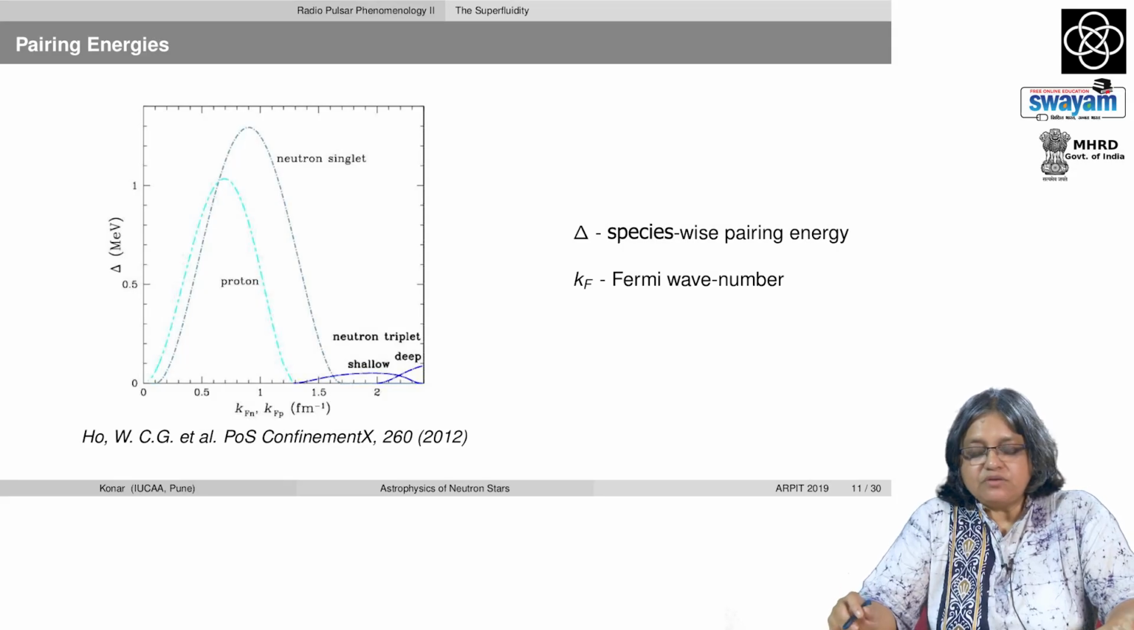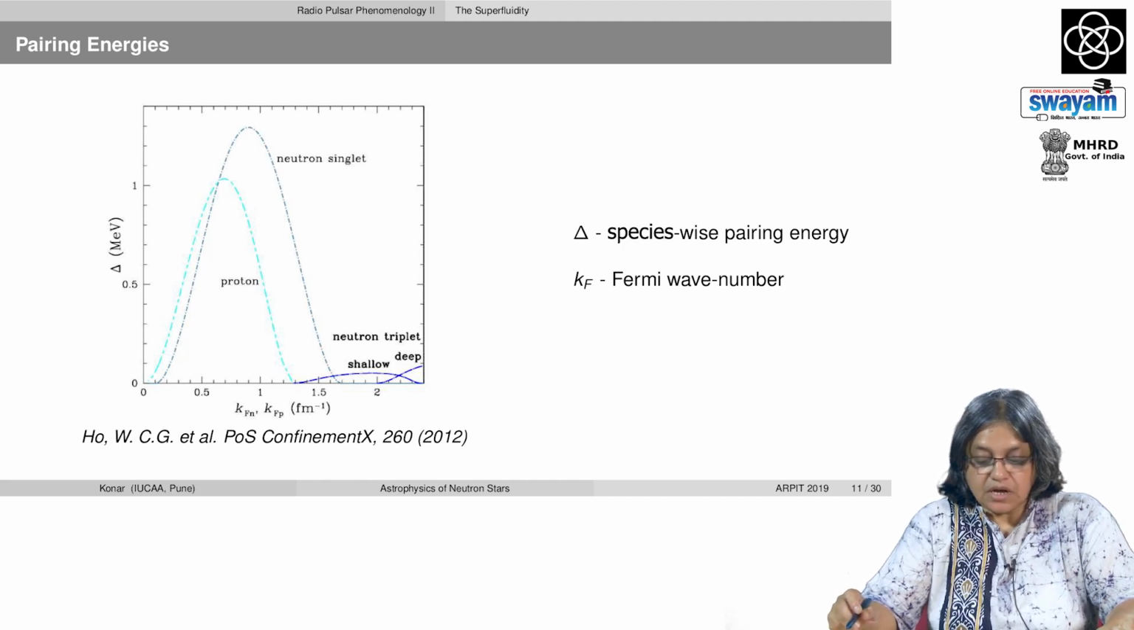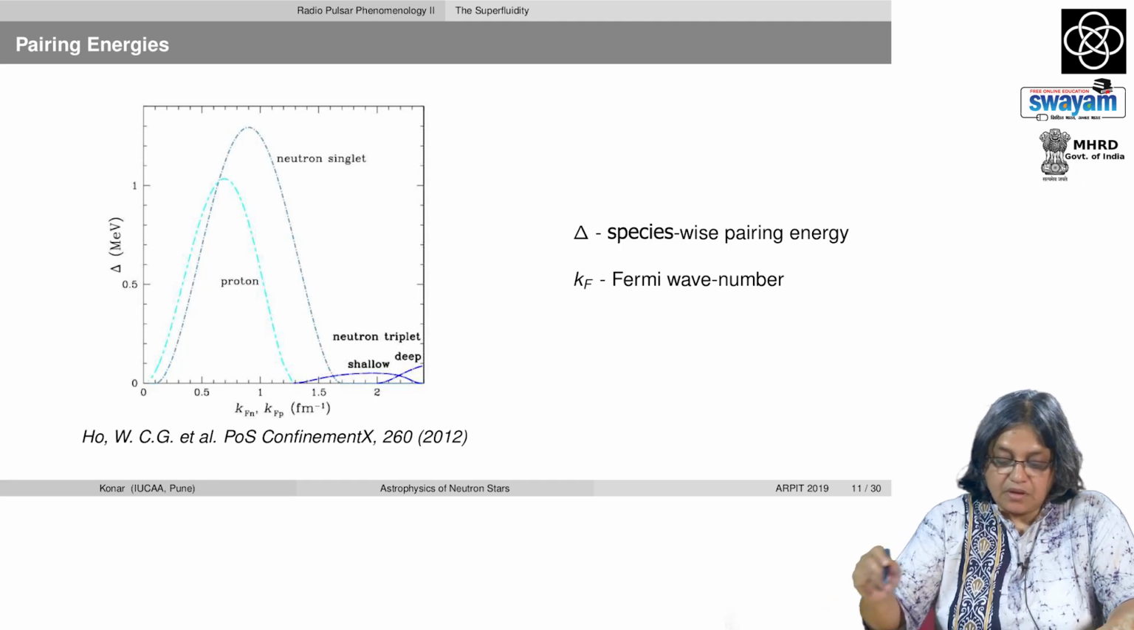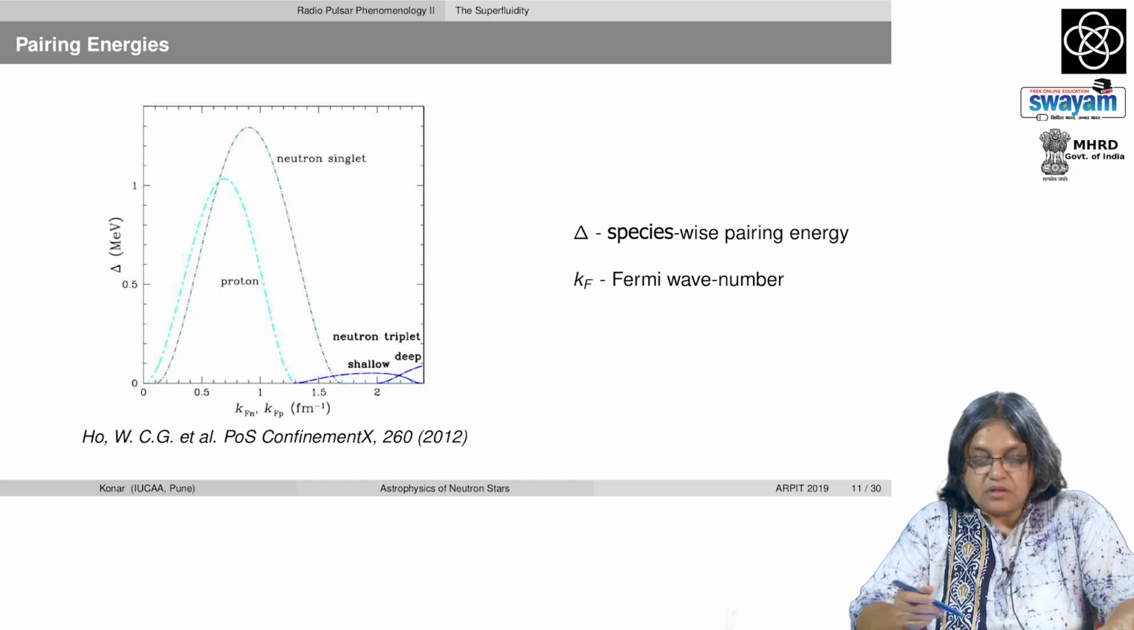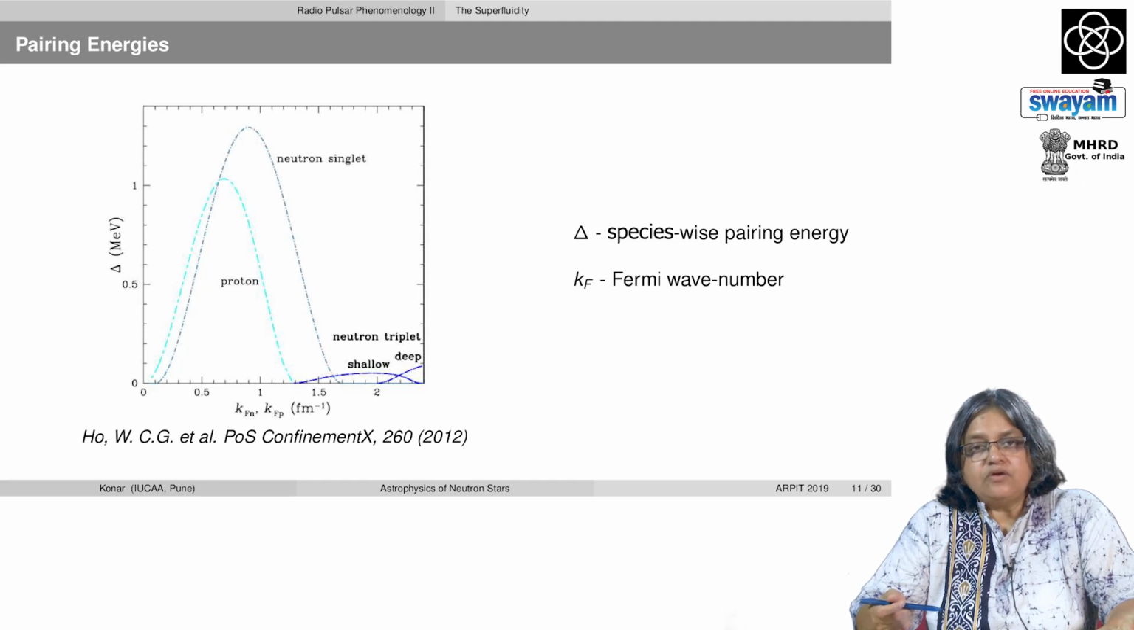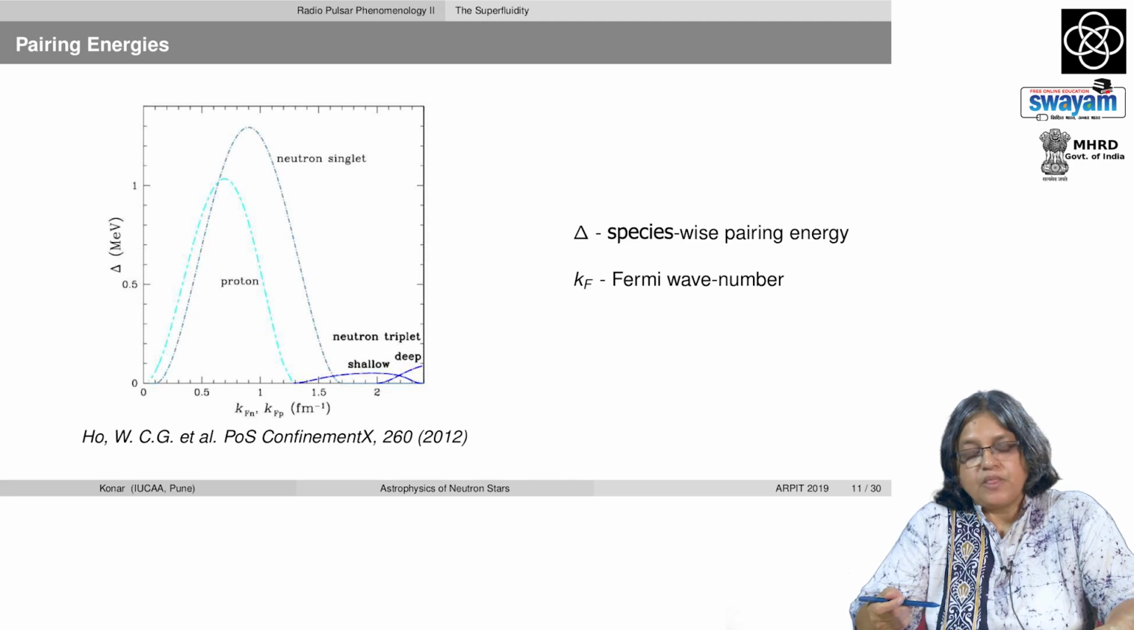Now, as we have said, there are two different kinds of superfluids inside a neutron star. Here is a figure showing pairing energies of protons and neutrons inside the neutron star as a function of the Fermi wave number or Fermi momentum, if you wish. Now, one has to remember that even though protons and neutrons are two states of the isospin, so to speak,